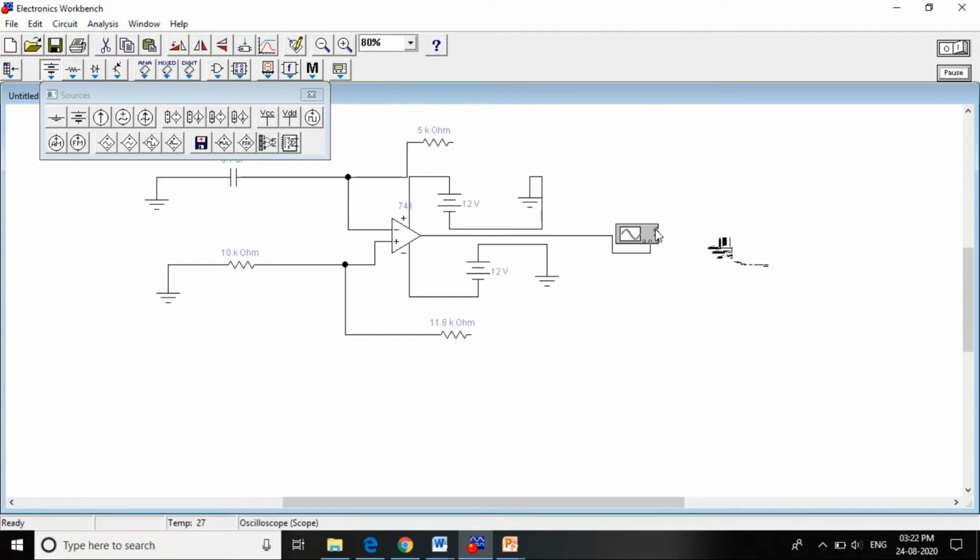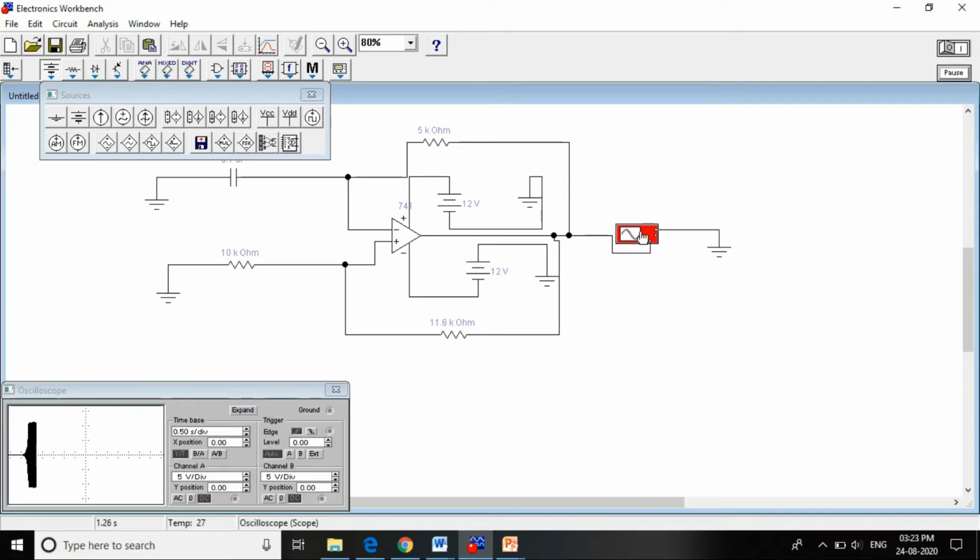So okay, so this should come and this one also should be connected to the CRO line. Like this. Okay.